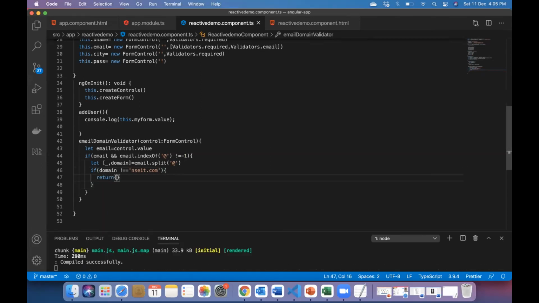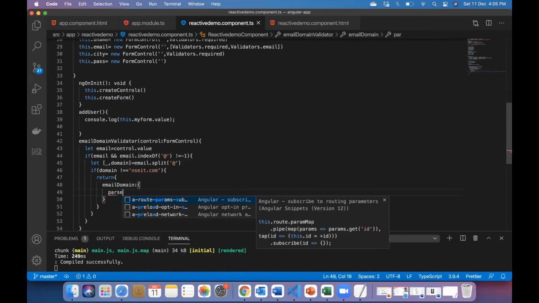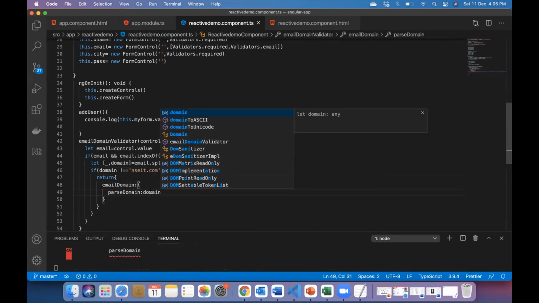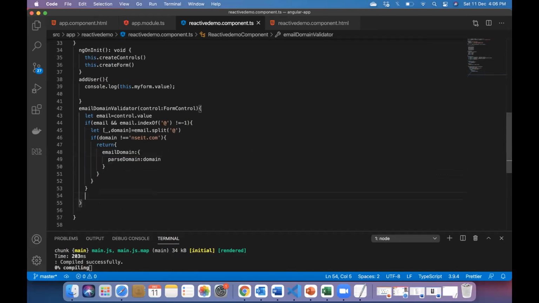Okay, email domain is just one variable called email domain colon. We are saying parse domain, variable name parse domain. Okay, after this, here we would like to say return